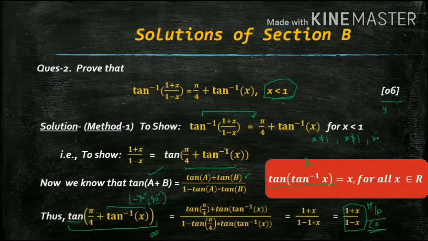So this is true only for x strictly less than 1, not for anything else. Then you can directly say that x must be less than 1. If you have just left the question up till this, hence proved only, you will get 4 marks. If you have given this reasoning that x can't be 1 or greater than 1, so x must be less than 1, then you will get the full 6 marks. Remember, in these types of questions, they would just give it to you and you will be just proving this thing. But that is just half the question. You have also to show that it is true only for x less than 1.